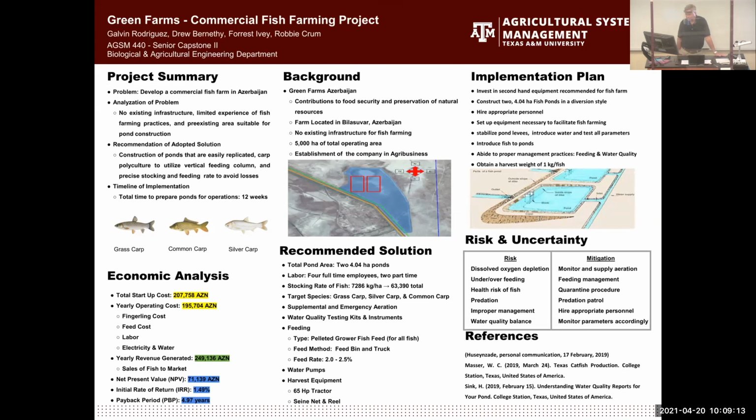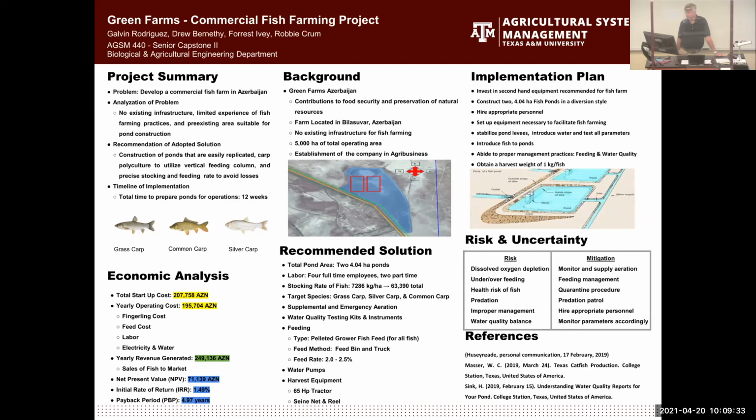They got the economic analysis with some highlighted numbers there. They've got a map, bullets with the recommended solution, an implementation plan. They just had some steps there. They didn't put a Gantt chart. They've got a diagram of how the water is going to flow into the lakes, and then some risks with